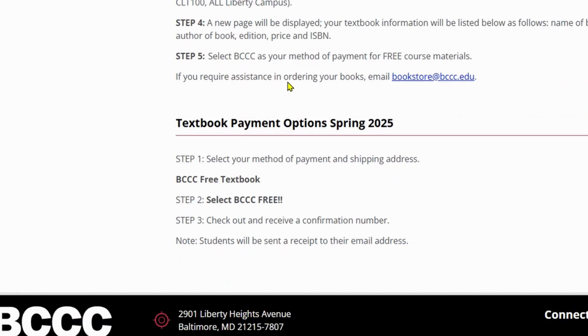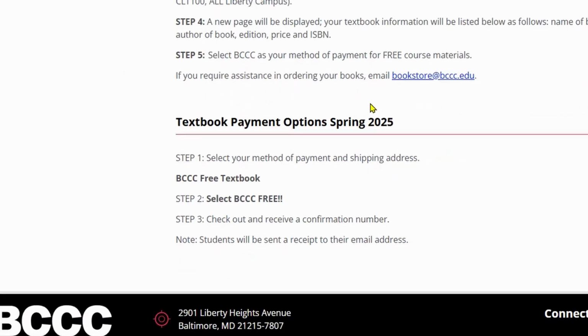And it says if you require assistance in ordering your books, you're going to email the bookstore at bccc.edu. I recommend it's best that if you have any complications, you go directly to campus and go directly to the bookstore if you can. If not, email them, get them on the phone, do what you need to do. Your textbook payment options for spring 2025